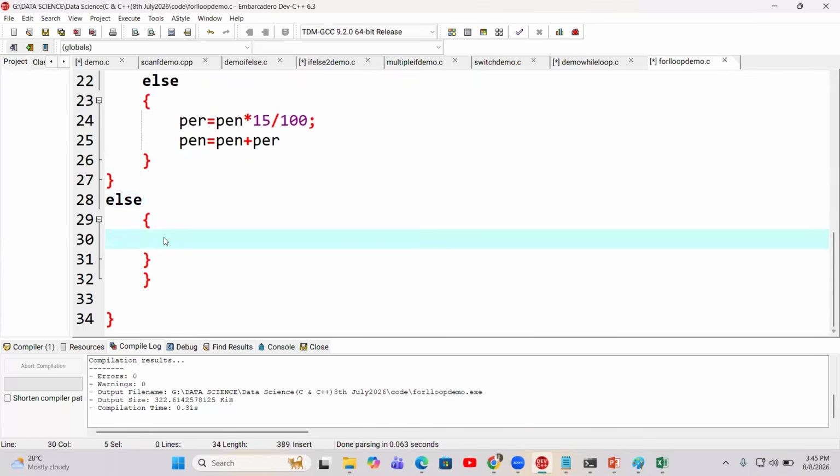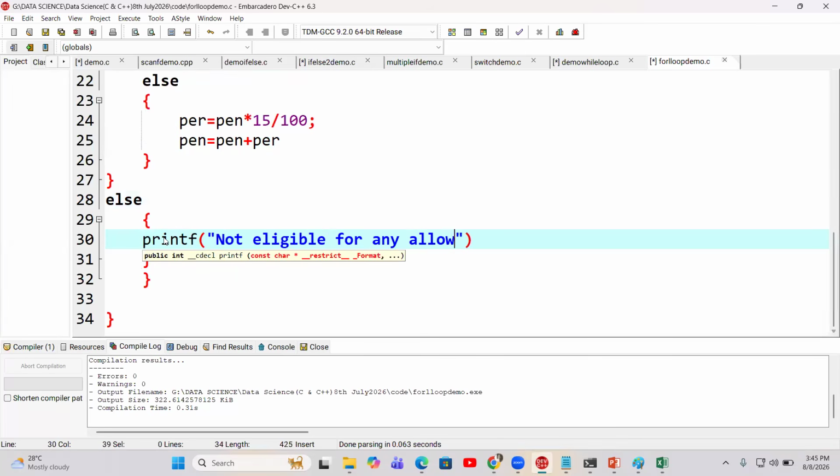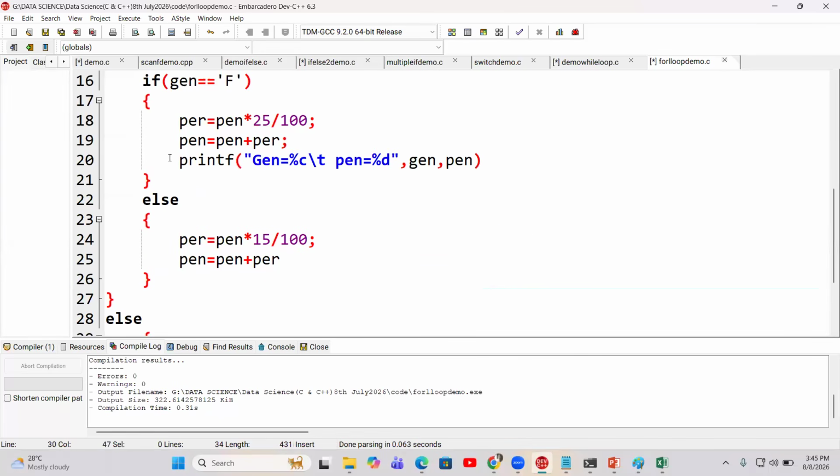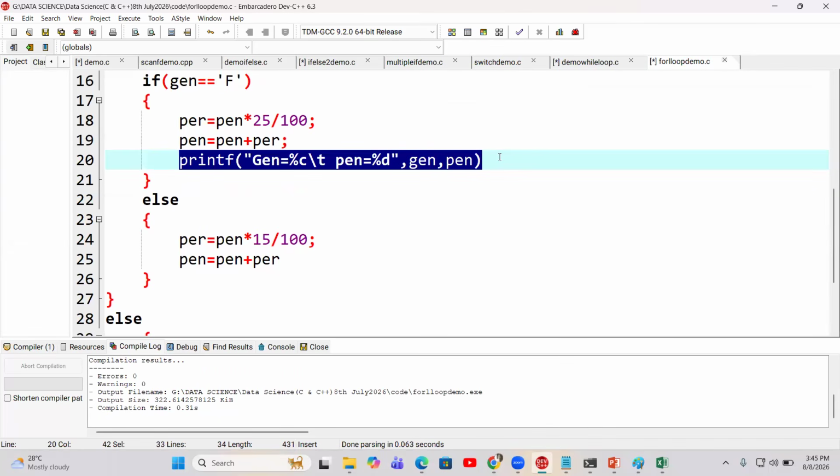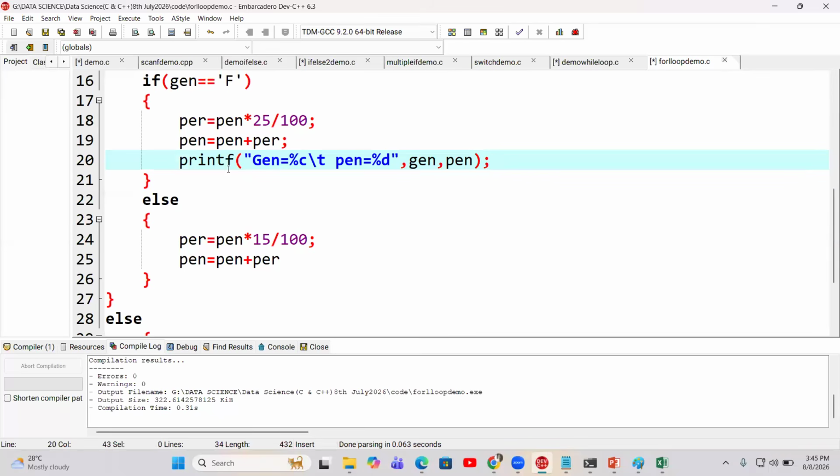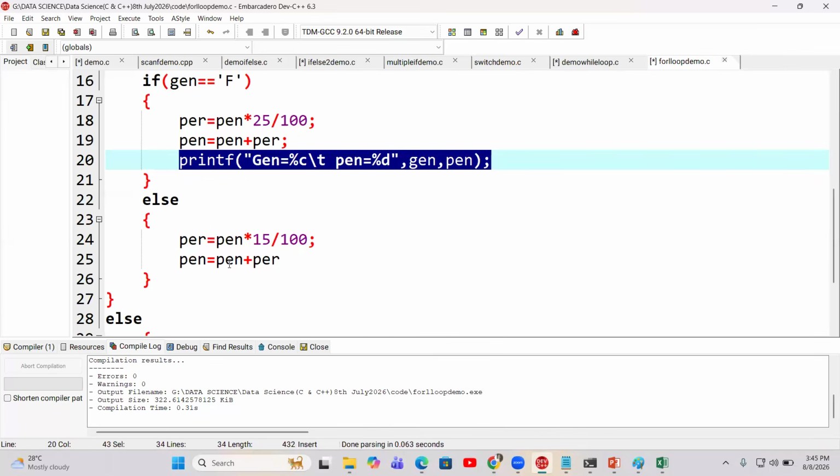और यहाँ पे मुझे बोलना है कि प्रिंटफ नॉट, यस, इलिजिबल, और एनी क्या कह सकते हैं इसको, अलाउंसेस। ओके, वी कैन से लाइक दिस। होप एवरीवन इज अंडरस्टैंडिंग दिस। अभी ये सपोज जेंडर फीमेल नहीं है, तो क्या होगा? मेल विल बी देयर। यस,